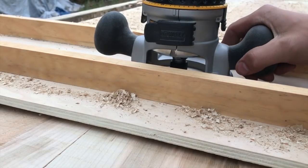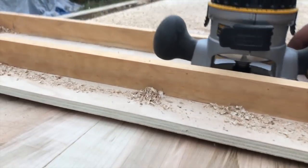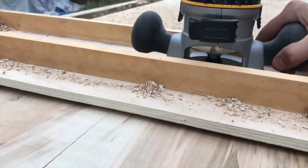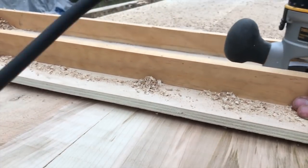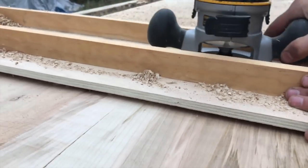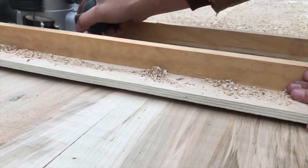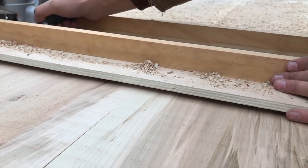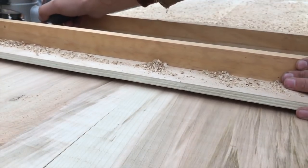So I had said in the beginning, or in the introduction of this video, that I wanted to flatten the slab by hand. My goal was just to use my hand planes and flatten it out, but I ran into some trouble. I don't have a scrub plane, and you'll notice that in certain parts of this video, you'll see that the edges of the slabs are